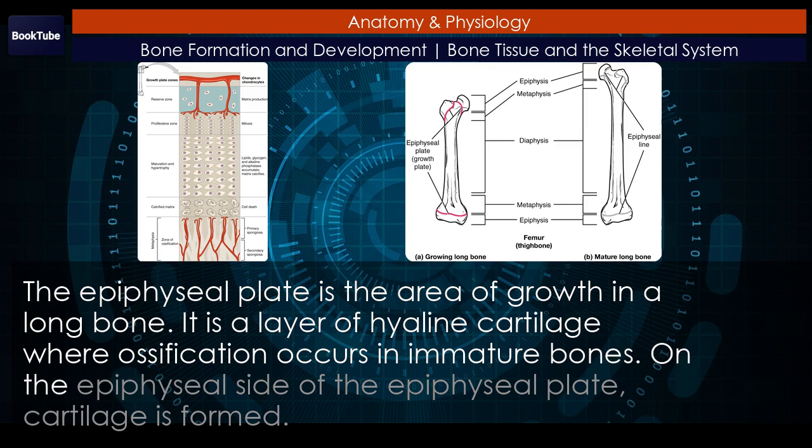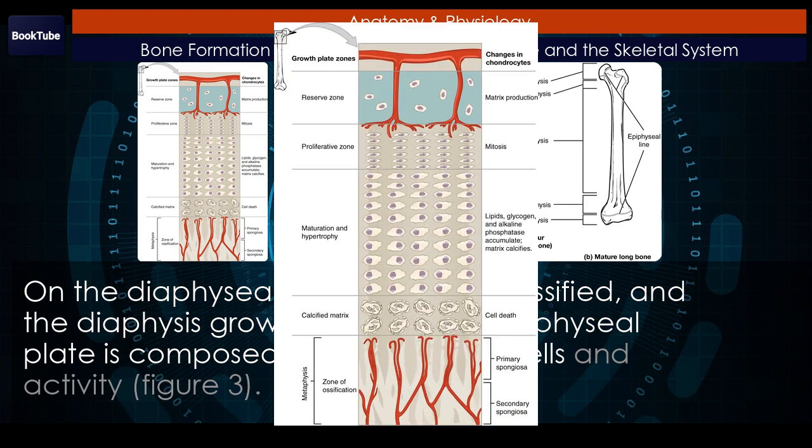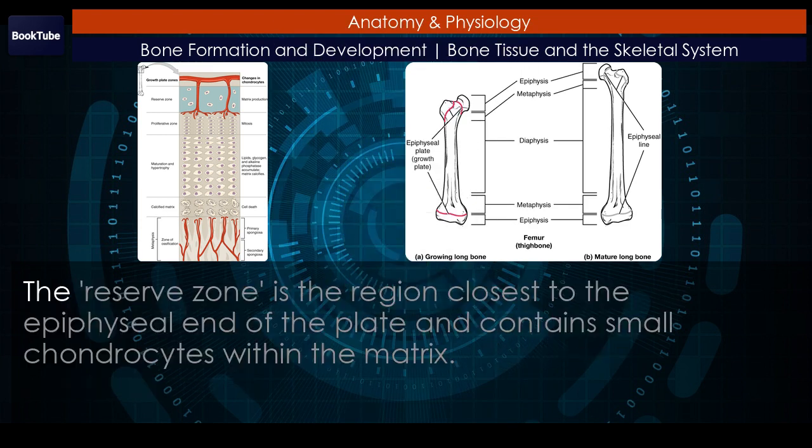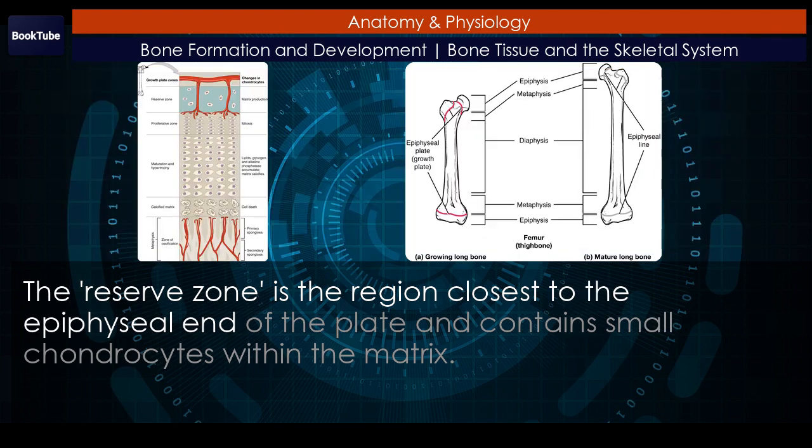On the epiphyseal side of the epiphyseal plate, cartilage is formed. On the diaphyseal side, cartilage is ossified, and the diaphysis grows in length. The epiphyseal plate is composed of 4 zones of cells and activity. Figure 3. The reserve zone is the region closest to the epiphyseal end of the plate and contains small chondrocytes